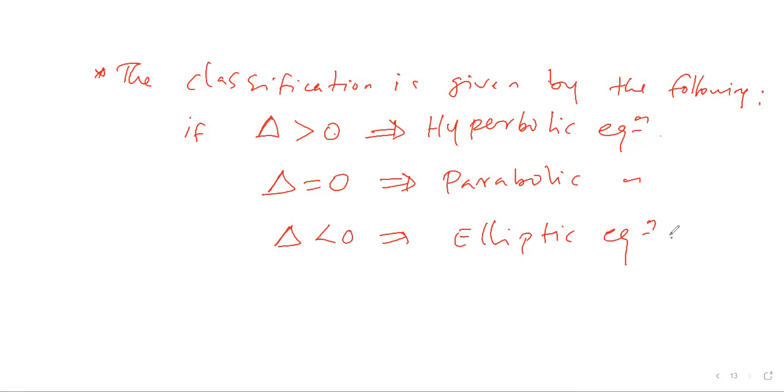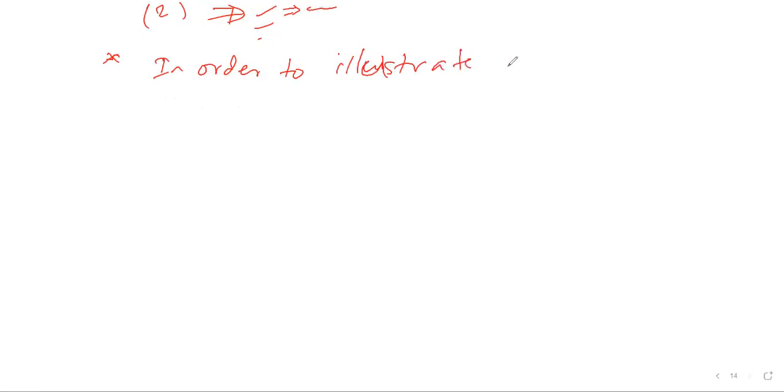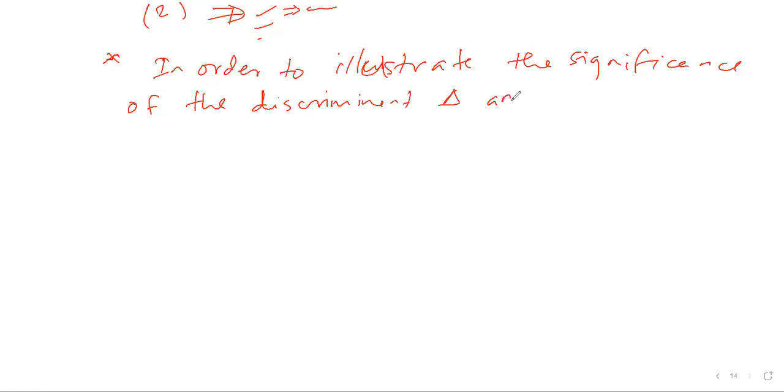Now let me continue. As I said, we have equation number 2. If you want to find which form it is, to get the canonical form, I told you we need to use a coordinate transformation. That's what we're going to do now. So please write down: in order to illustrate the significance of the discriminant delta, and thus the classifications, to get the